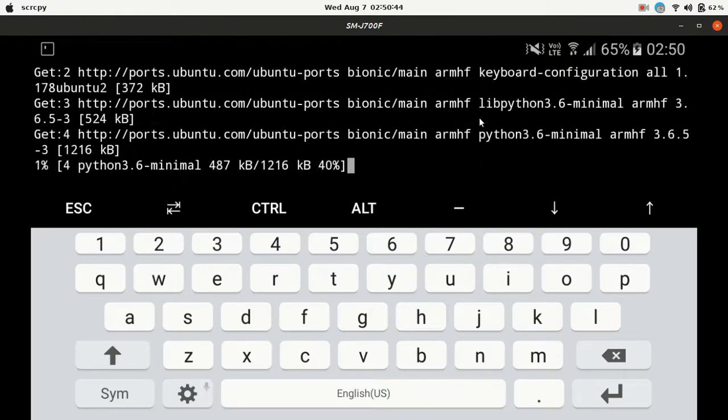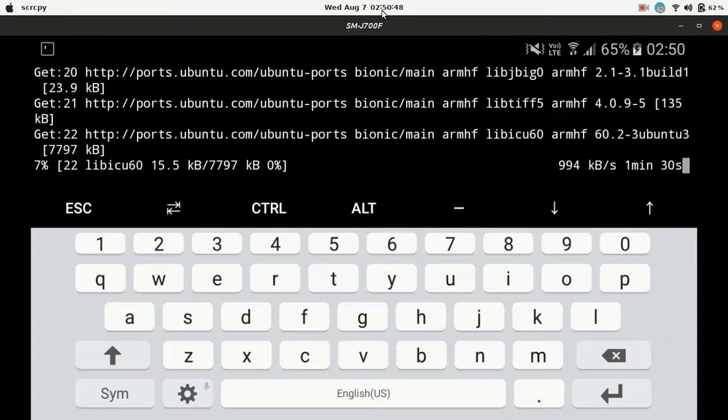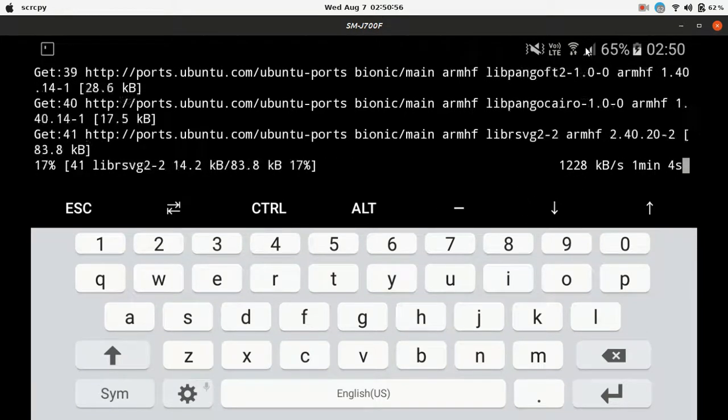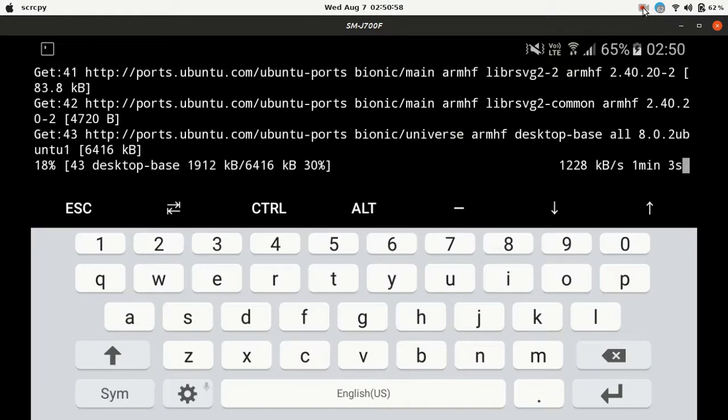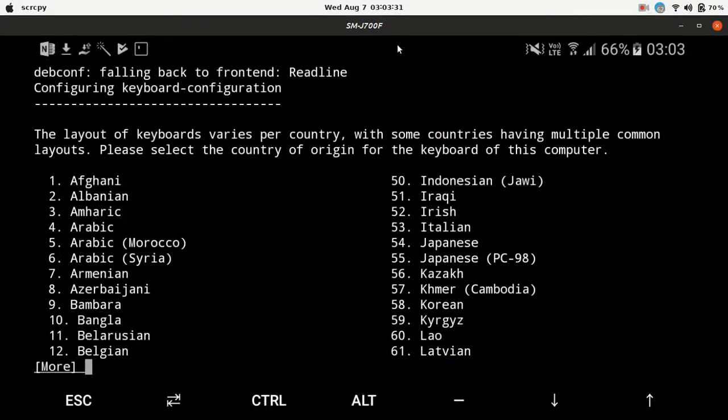It totally depends upon your Wi-Fi speed also. This is night time for me. It's almost 2 a.m. or 3 a.m. So yeah, I'm expecting a good speed. So yeah, it's good speed only. So let's see if it happens quick or not. Pausing right now. Okay, so it's now